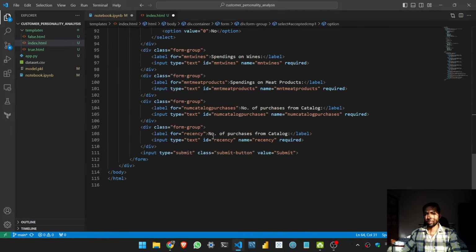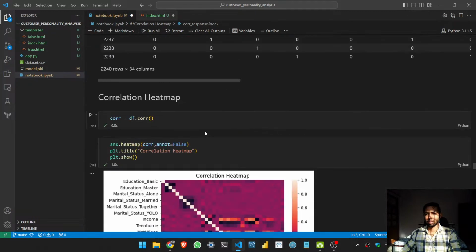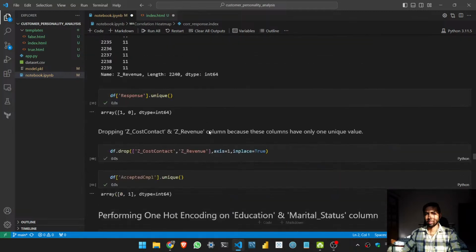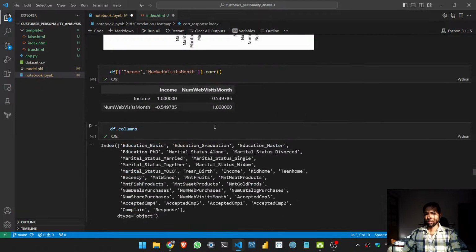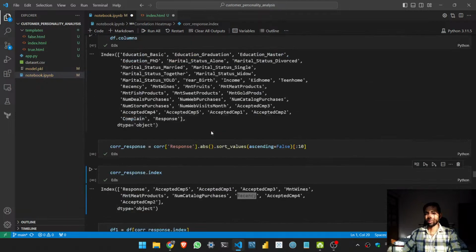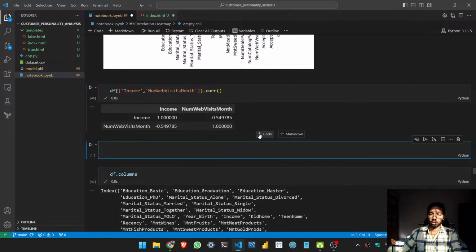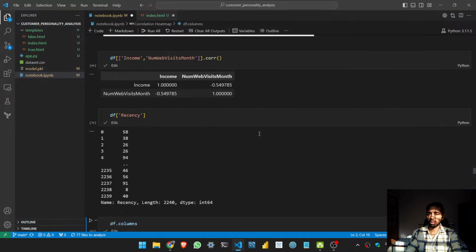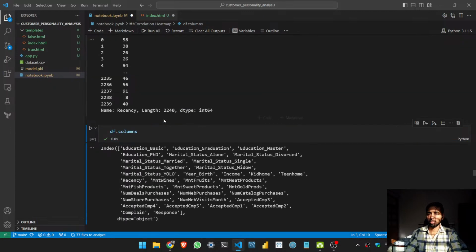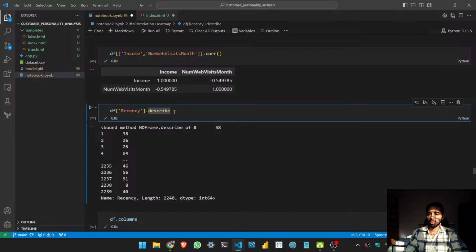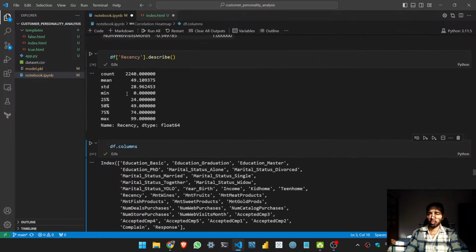Okay, now let's check df of recency. Describe, from minimum 0 to 99. Okay,